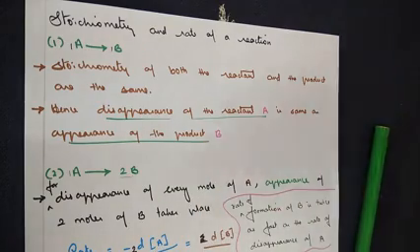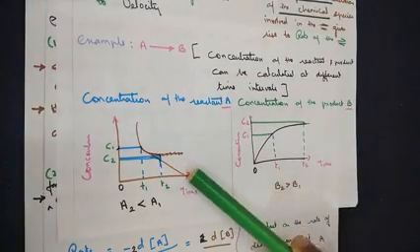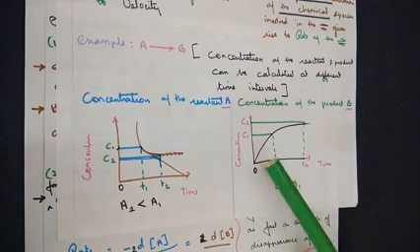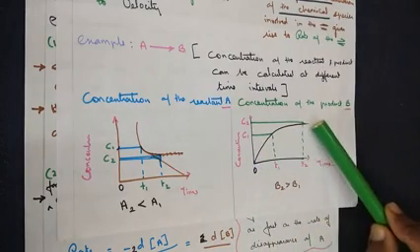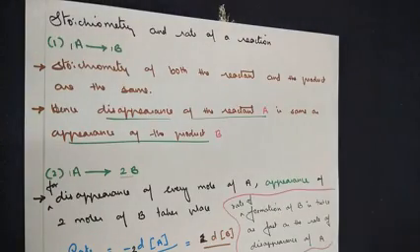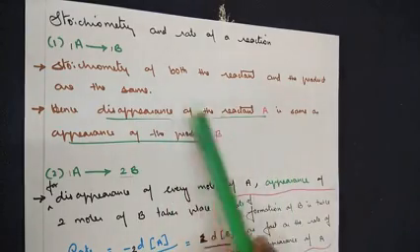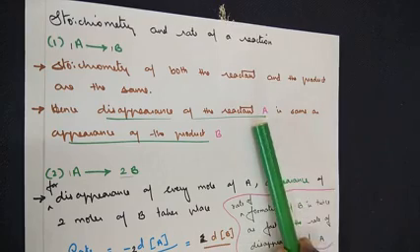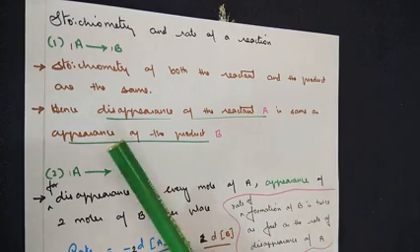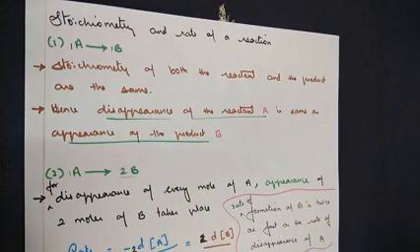If you remember, in class 1 we talked about how disappearance of the concentration of the reactant gives rise to appearance of the concentration on the product side. So this is the concept given in words here. Hence, the decrease in the concentration of the reactant A is the same as the appearance of the concentration of the product B.